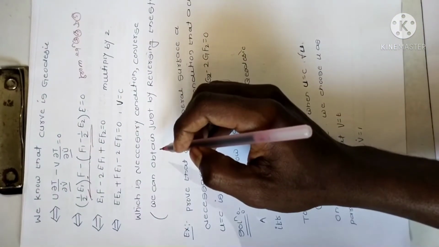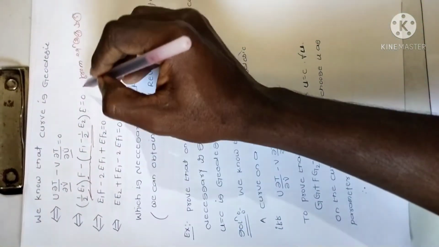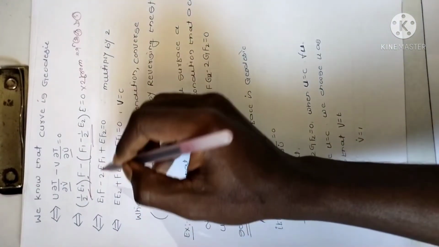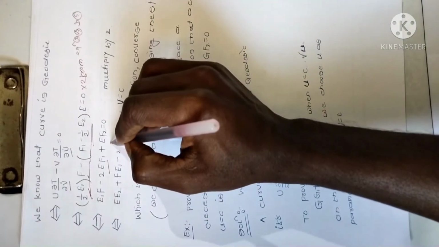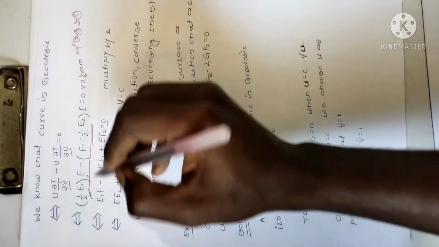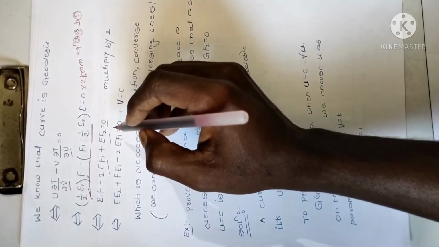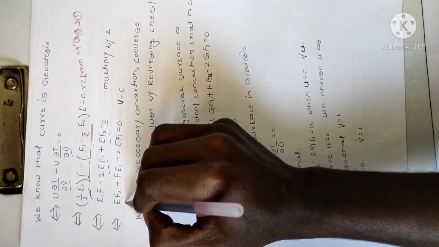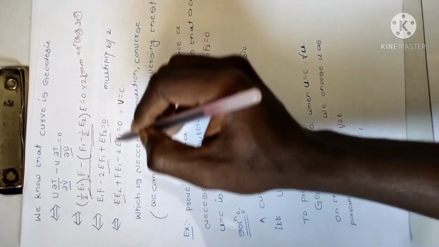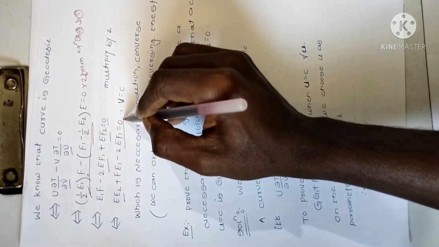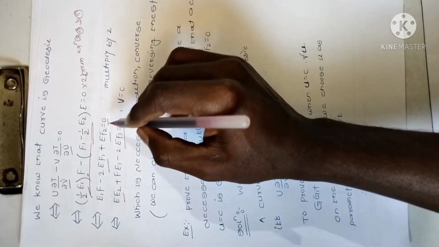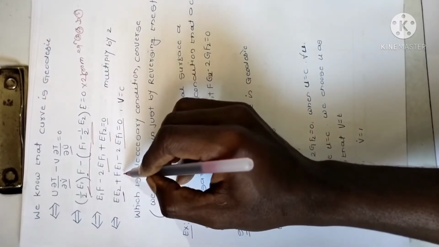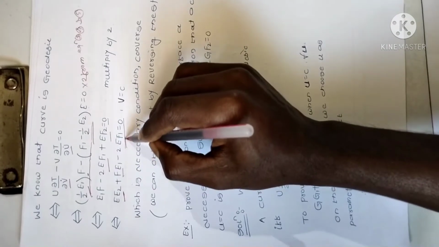In this equation, multiply by 2. So E1 F minus 2EF1 plus EE2 is equal to 0. In this term, multiply by 2, then write E1 F on this side, plus E E2 minus 2 times E F1 is equal to 0. So this term is written on this side, then F E1 and then minus 2E F1 is equal to 0.